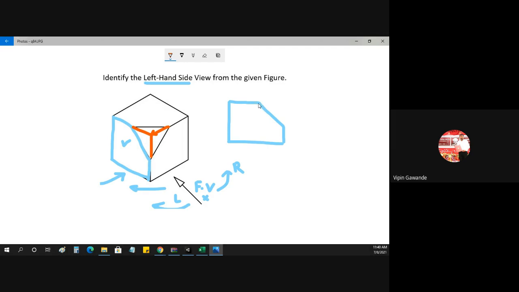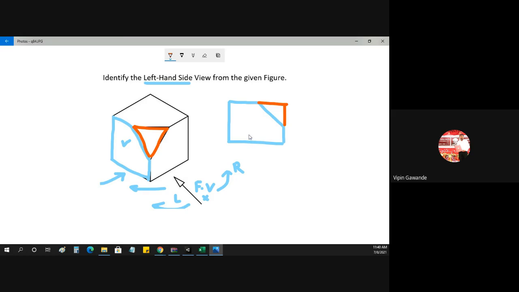When you make this triangle vertical, you will get this type of surface on the front side. This is your second surface. What we have done is just tilted this inclined surface to make it straight. When you make this triangle straight, it looks something like this. This is your left hand side view.